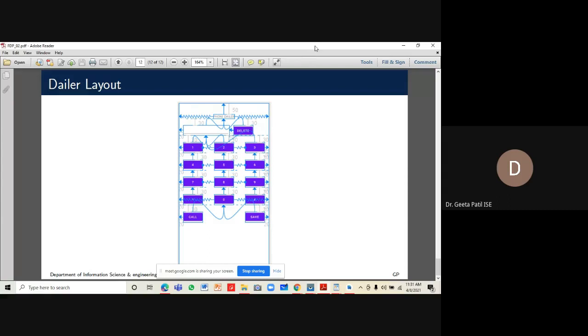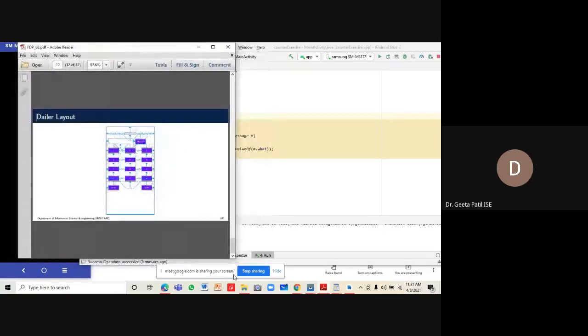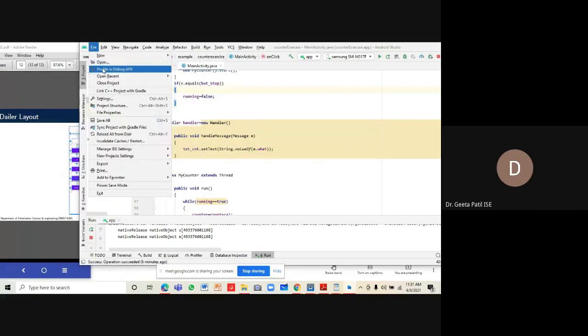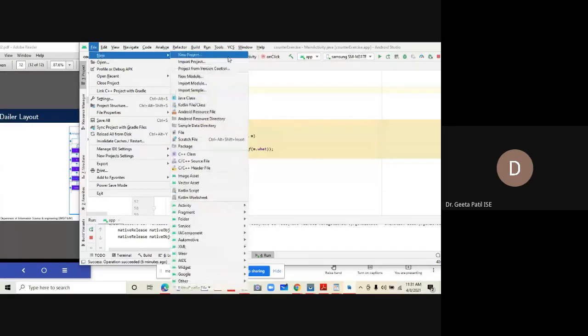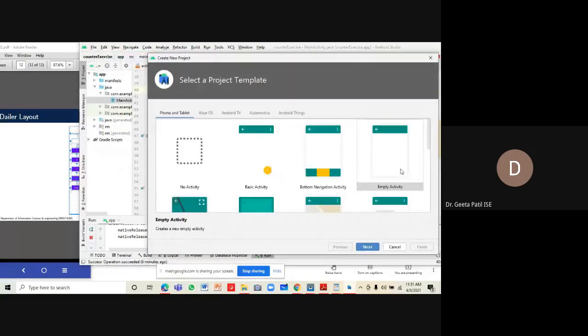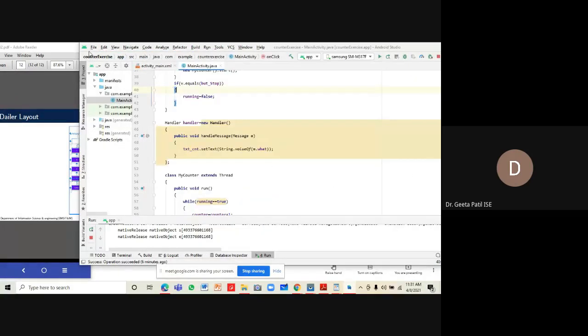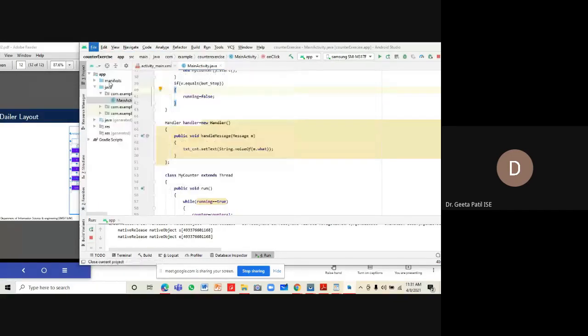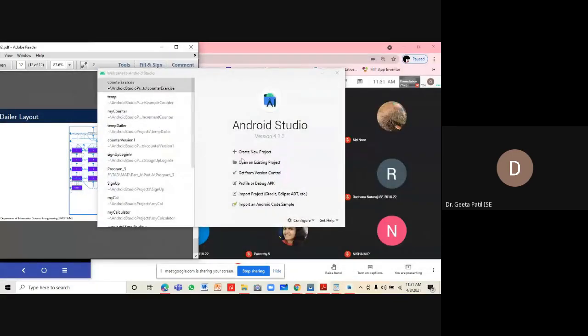So we will quickly do the design layout and put it over here. Let us create a new project. Before that, let me just close this project. Any doubt in the previous project?